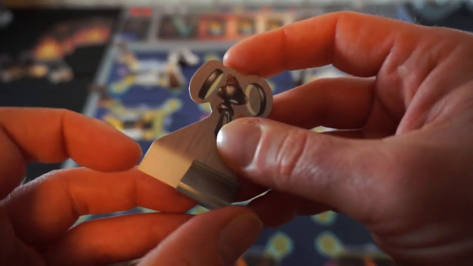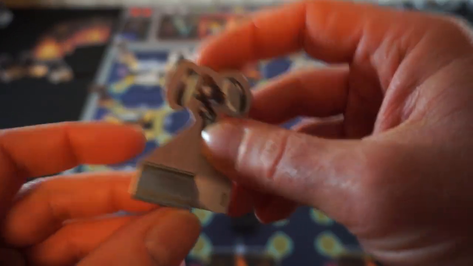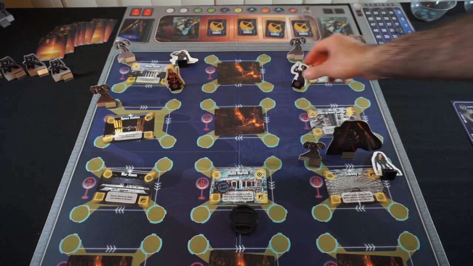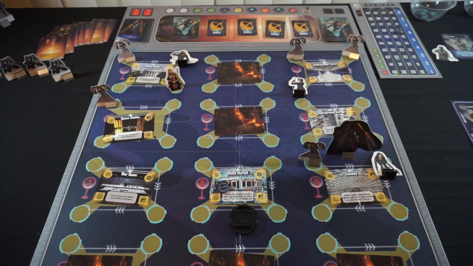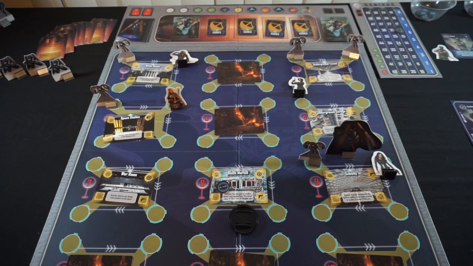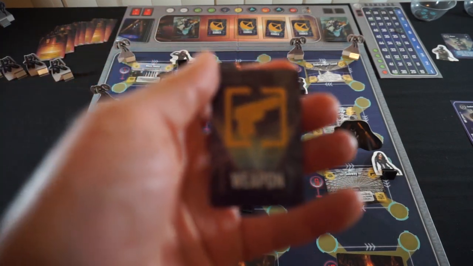And then the drone just has 1 health, so nothing there. Alright, then that's it for Kay's turn. Now for Svetlana. I'm going to move her to the space station and draw her a new weapon card, because I really need to do that. So for her weapon,